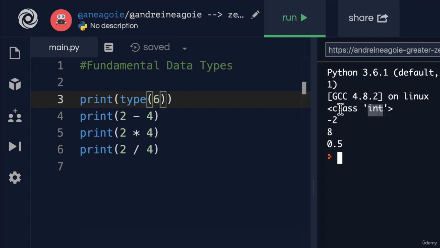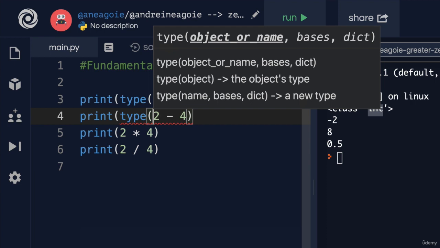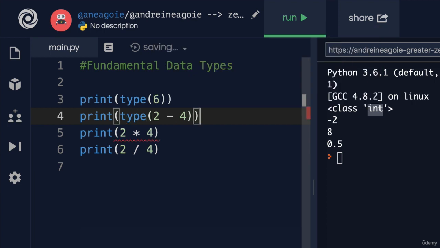We don't have to worry about the class keyword for now. That's something that we'll talk about later. But we see here that we're using int for integer. And then finally, after this gets evaluated by Python, we print out whatever this does, which is class int. Now, check this out. Let's do the same for all these ones as well. So we're going to say type here,